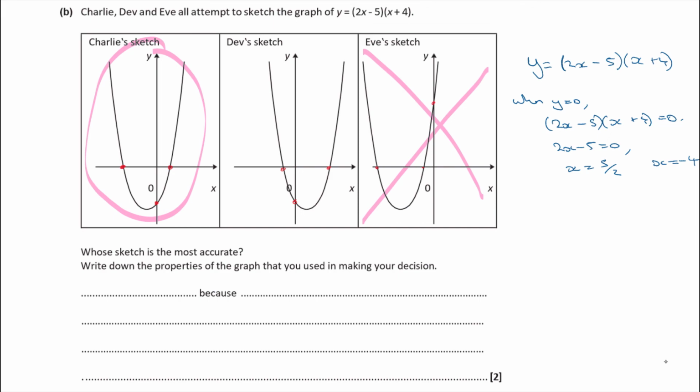You could, if you wanted to be super sure, complete the square and see which side of the axes the root was to decide between them, because here one is positive, one is negative. But I can do that just from these 2 values. That seems like more work than I need to do. That would kind of nail it, but I can also do it from those two roots as well. So I'm going to say that Charlie's sketch is the real one,